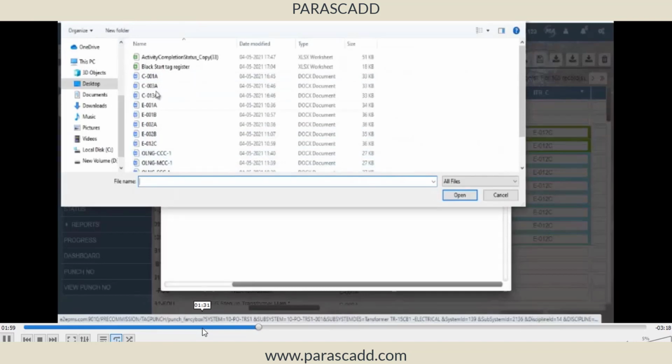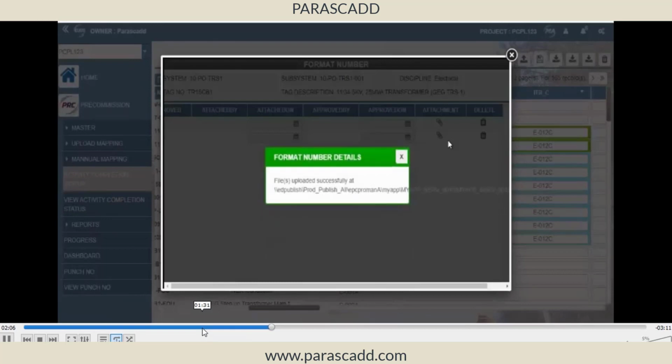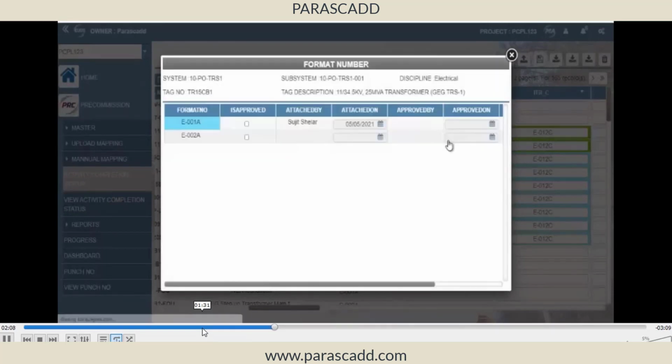So I am attaching the signed report. For example, this is a signed report, and then I'm giving my progress. So what we are doing is we are downloading the attachment, taking signature from the check against the checkpoints, and then attaching that signed copy back into the system against that particular AITR. So after attaching, you can see some highlighting, which means out of these 2 ITRs, one of the ITRs I have attached the signed copy, and